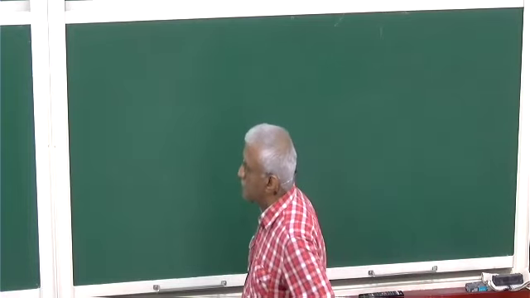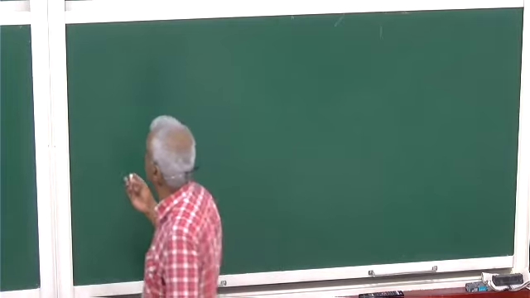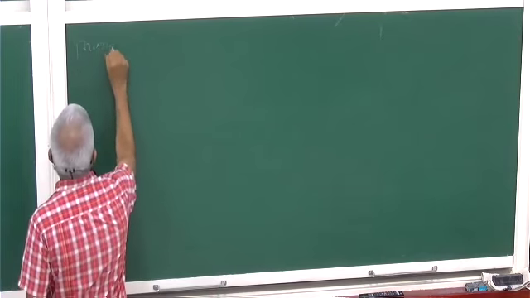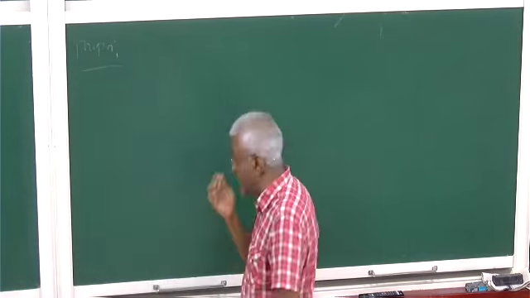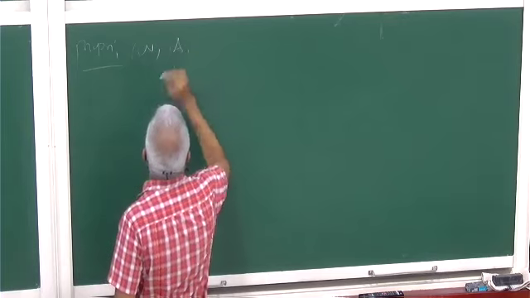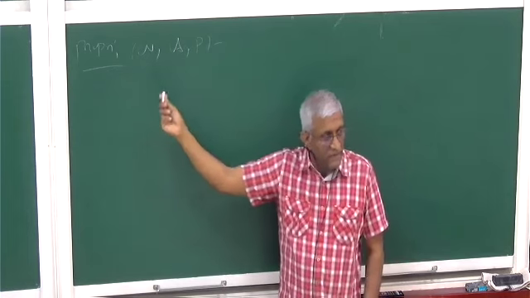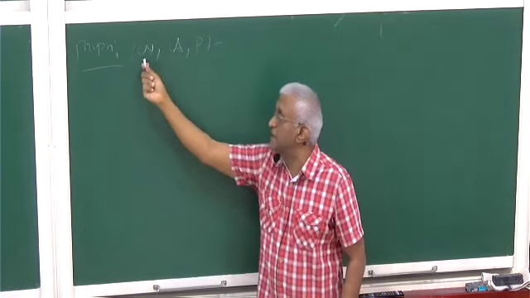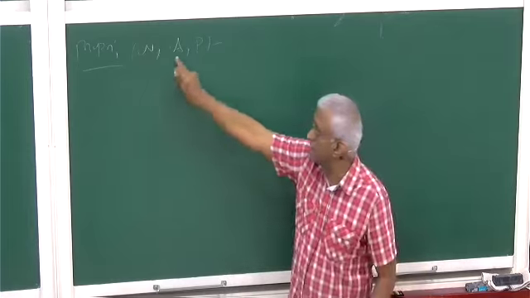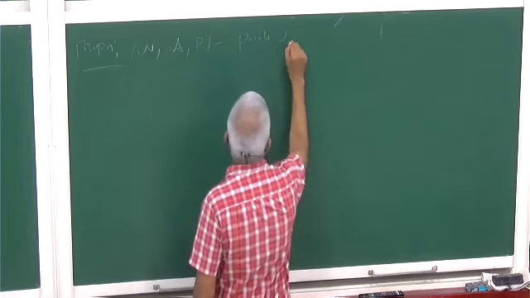So then we proved this. Let me recall because we went too fast in the end. Let me just prove this. So this is the proposition, and I will quickly go through this again. If you have a probability space, omega, A, P, this is how a probability space is written. Probability space means it contains three objects: a sample space, a sigma algebra, and a probability function, which is defined on the sigma algebra to the interval 0, 1. So this is what is called a probability space.